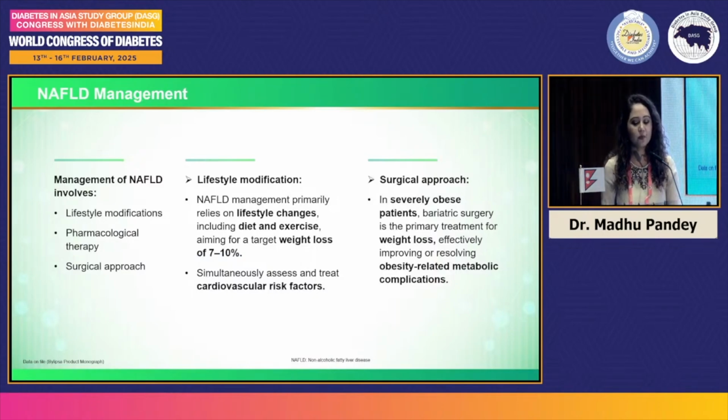So lifestyle modification: the management relies on lifestyle changes, including diet and exercise. If we aim for weight loss of 7 to 15%, we can reduce the risk of NASH, and simultaneously assess and treat the cardiovascular risk together. Surgical approach: in every obese patient, bariatric surgery is the primary treatment for weight loss, effectively improving or resolving the